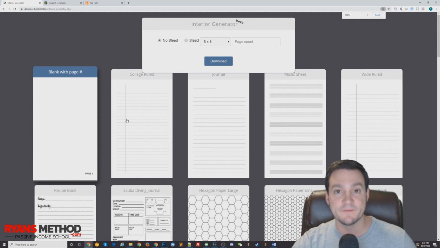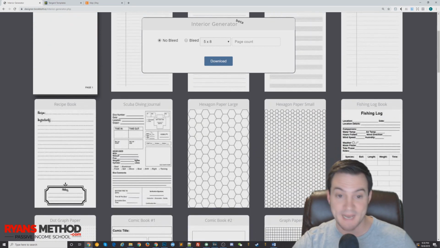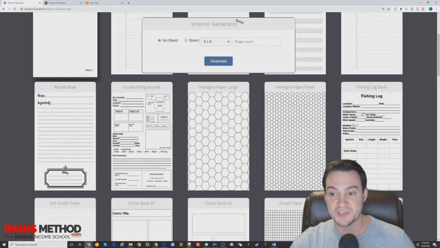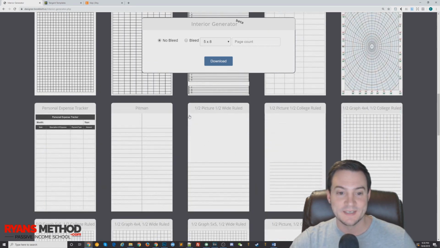and you can see some of the various options that they have here: blank with page number, college rule, journal, music sheet, wide rule, recipe book, scuba diving journal. I mean, this is crazy. I've never been scuba diving, so I would never think to do that. Fishing log book, comic books, graph paper, and